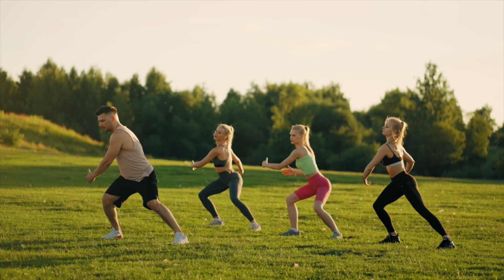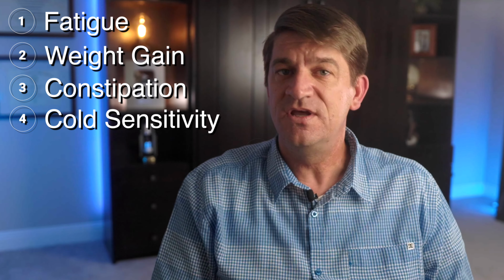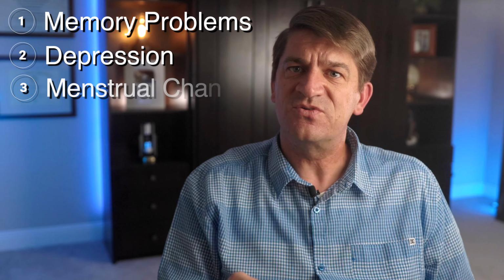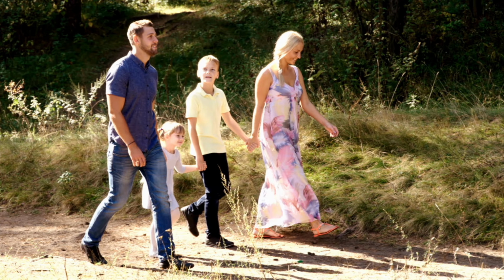overall health and well-being. When this isn't working right, the symptoms start to appear, so you may notice symptoms like fatigue, weight gain, constipation, increased sensitivity to cold, dry skin, hair loss, muscle weakness, and slower heart rate. Additionally, low thyroid levels can lead to memory problems, depression, and even menstrual irregularities in women. These symptoms can be more subtle at first, but can become more pronounced as the condition worsens, significantly impacting your daily life. This is why, if low thyroid is the source of your symptoms, taking this medication can be a